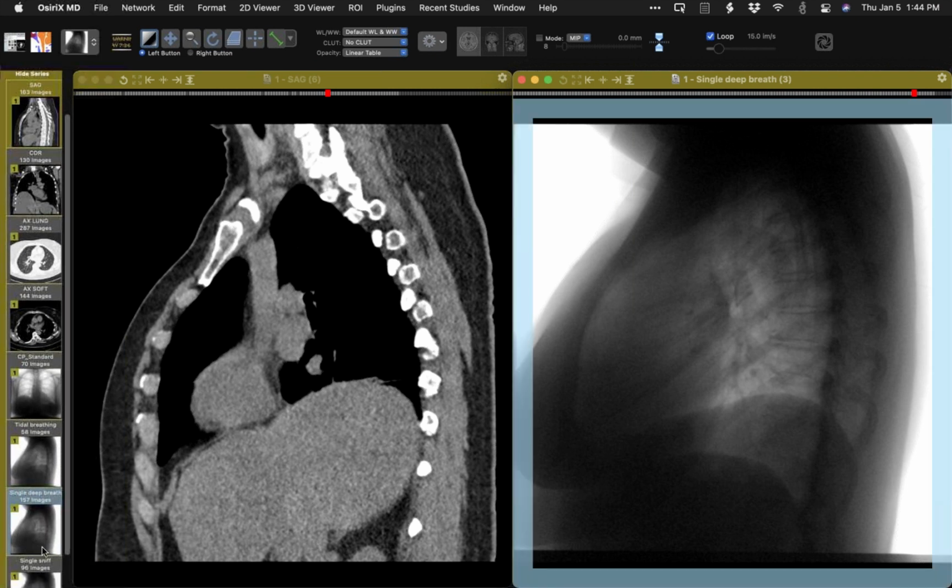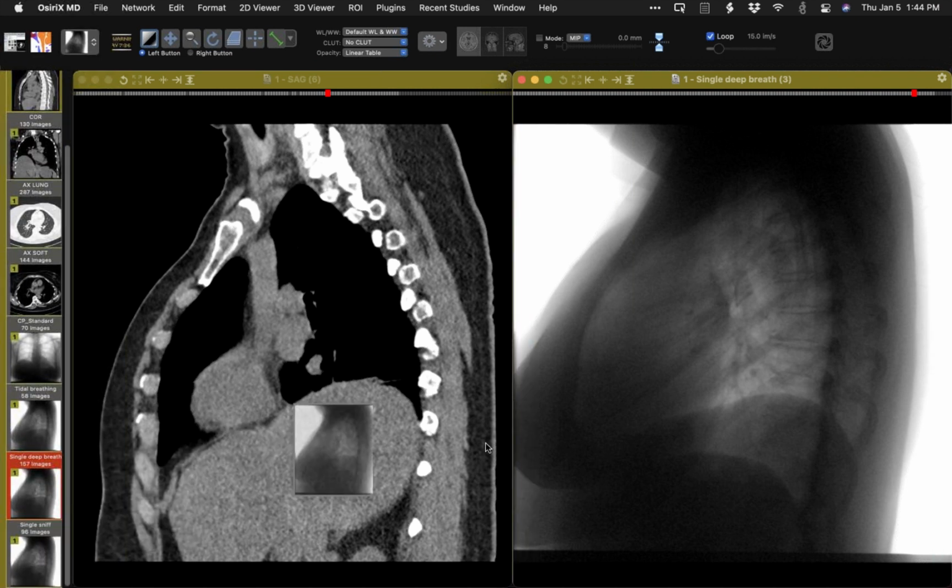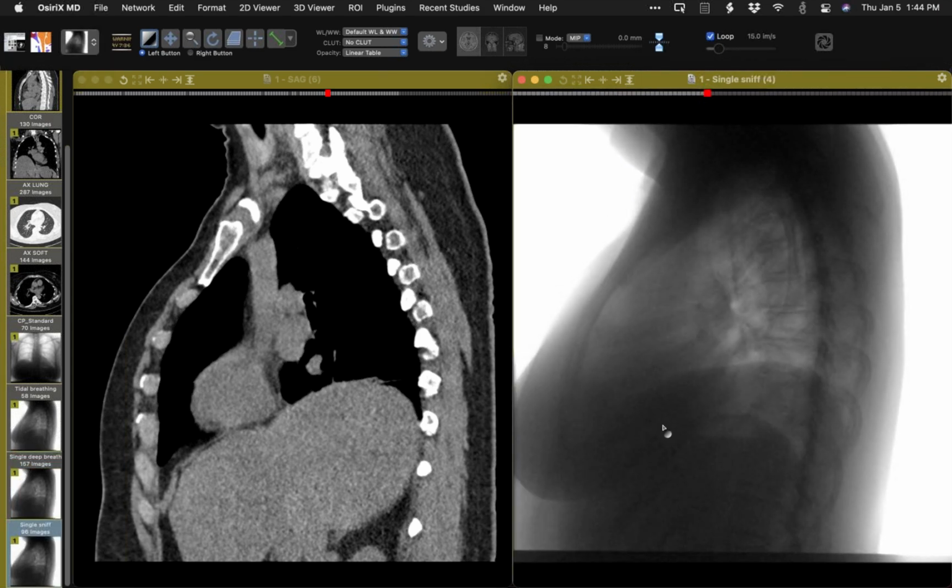And now I will show you the sniff. I bring it up over here, and I'm going to go right to the end. So typically when I tell the patient to sniff and I coach the patient how to do it, I will give the instruction to sniff at the end of expiration. So there might be a breath or two. And as the diaphragm comes up, and I know the patient is going to take the next breath in, that's when I give the patient the instruction to sniff, having demonstrated to them beforehand how I would like them to sniff. So here's going to be the sniff right about here,